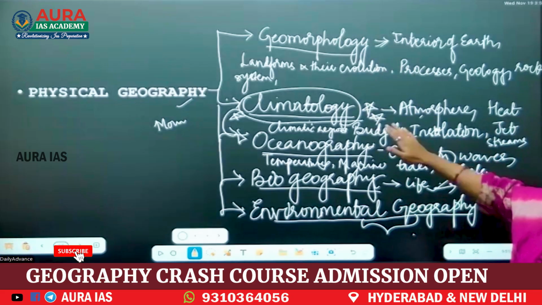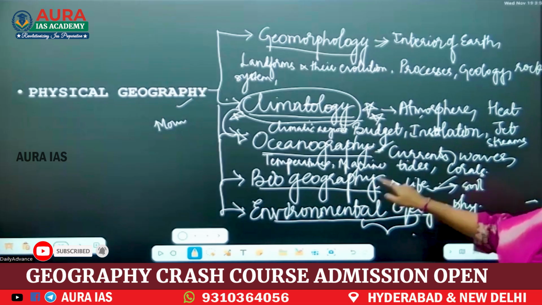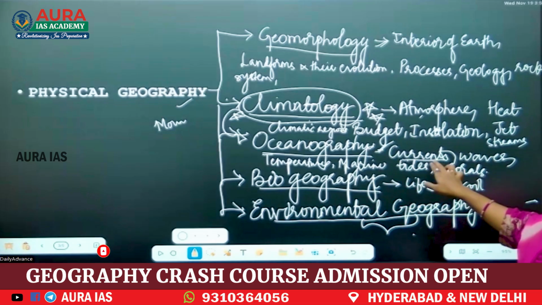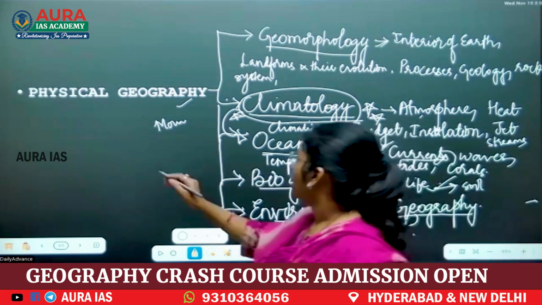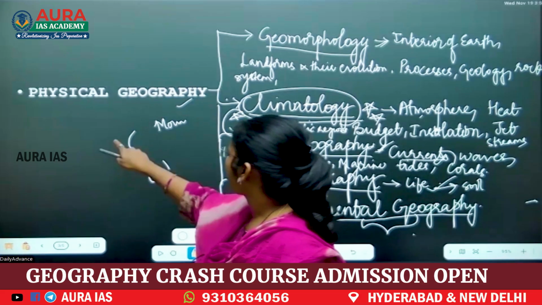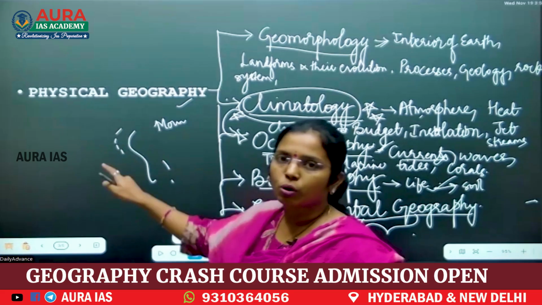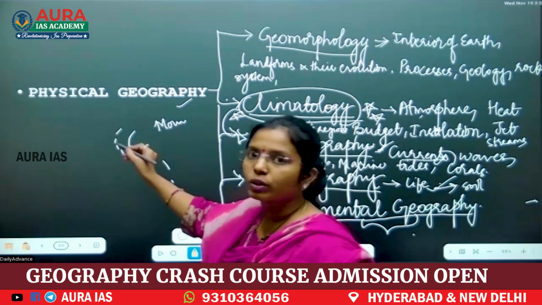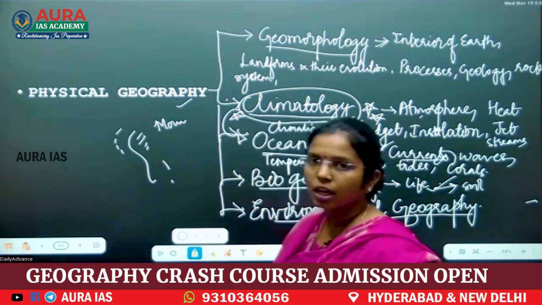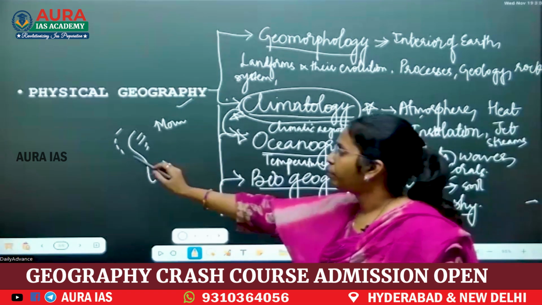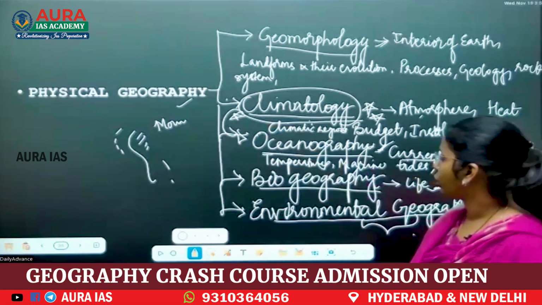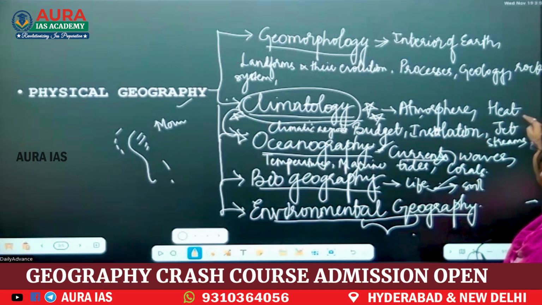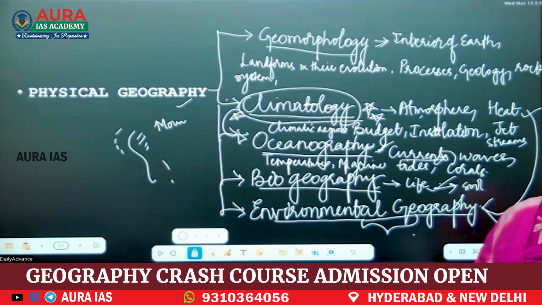When you see geomorphology, climatology, oceanography, here you see ocean currents, and these ocean currents are related to physical features like deserts. For example, if there are cold ocean currents, beside cold ocean currents you will see deserts. In most of the areas, you will have deserts because you don't have precipitation there. They are dry winds. Like that, we have to link climatology plus oceanography and even temperature, heat budget. This heat budget is related to environmental geography.